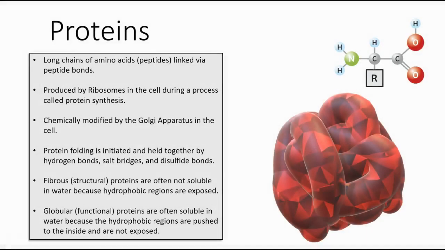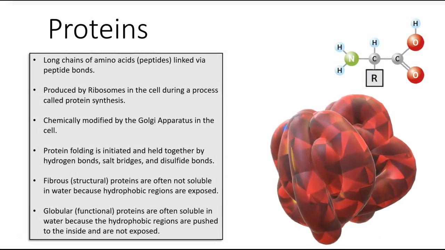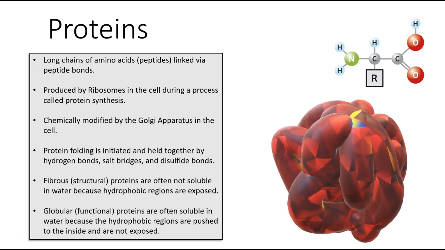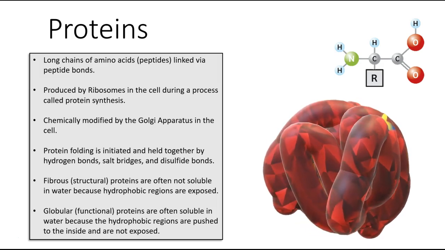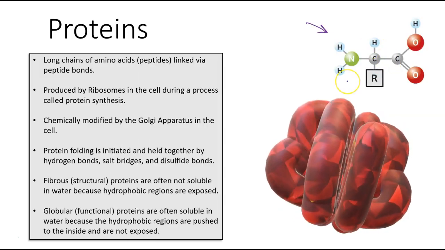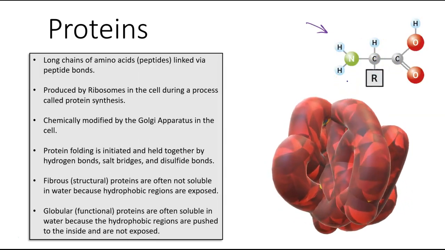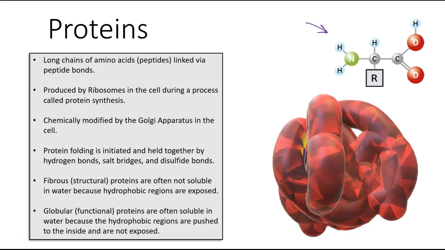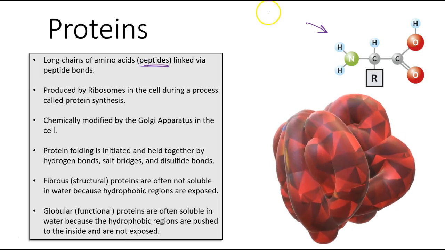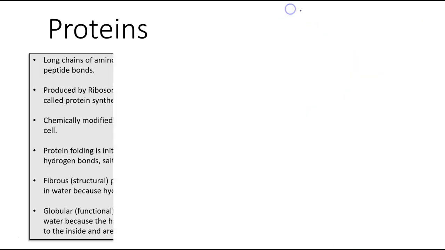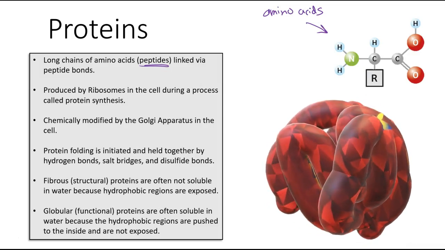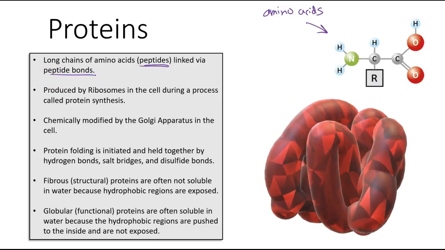Okay, and so if we talk about how proteins are structured, we know that all proteins consist of a single monomer called a peptide or an amino acid. These amino acids, which can be seen over here on this top right, consist of three parts. We're going to get into the actual structure of the amino acid in a minute, but peptides, remember, are individual amino acids. Okay, and these individual amino acids or peptides are linked via peptide bonds, and the way that they